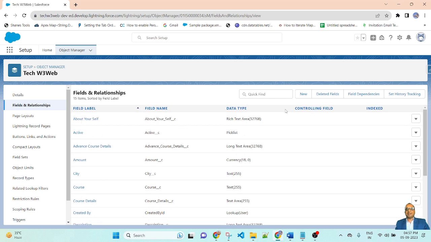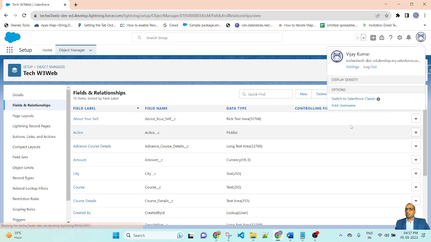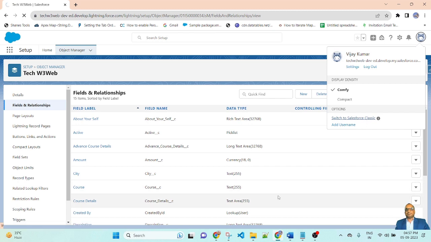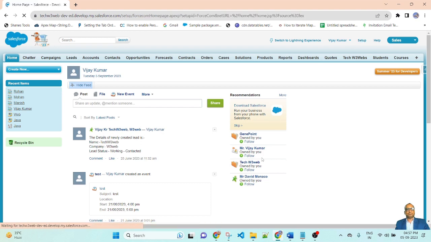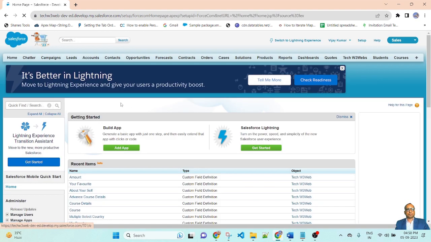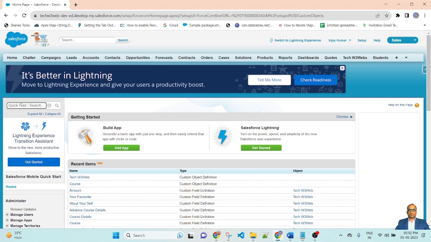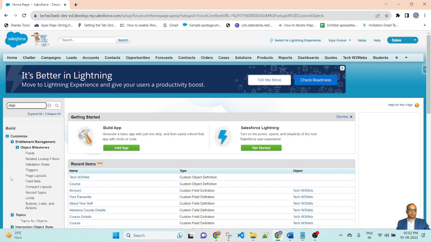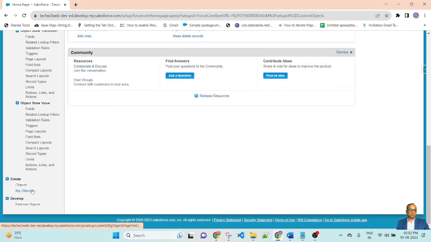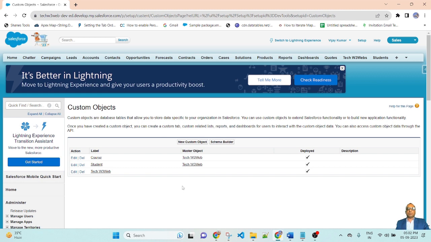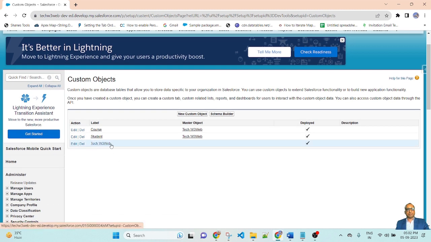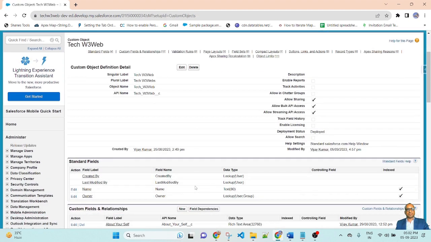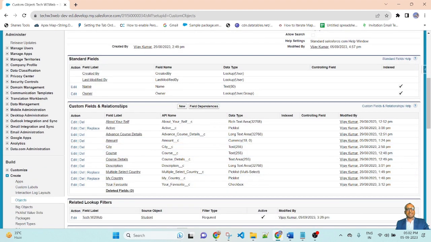After deleting from Lightning, go to Salesforce Classic. Go to the setup, then Object. Click here. I deleted fields from the master. So this is the TechW3Wave master object; go to the custom fields and relationships, and here you can find the deleted fields.